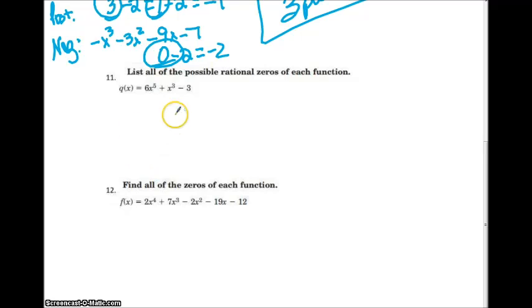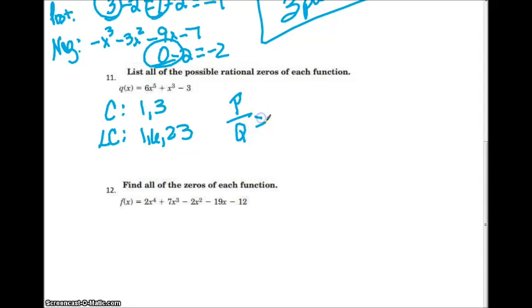Going down to number 11, list all of the possible rational zeros for each function. This is what we just did with our rational zero function. You're going to list the factors for your constant. It's going to be 1 and 3. Your leading coefficient is going to be 1 and 6, 2 and 3. So then your P over Q can be plus or minus 1 over 1 is 1, plus or minus 1/6,